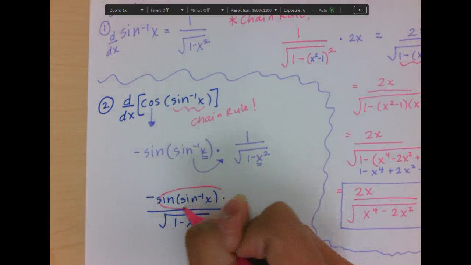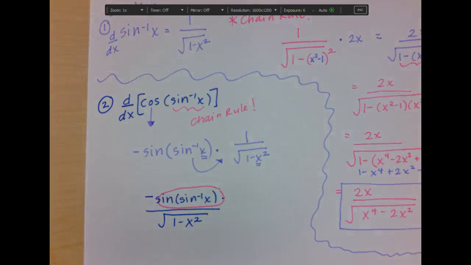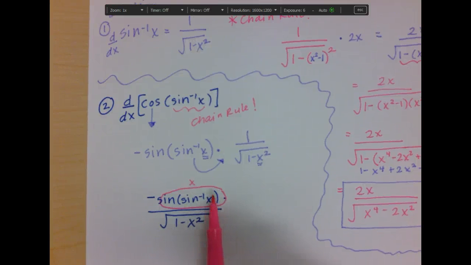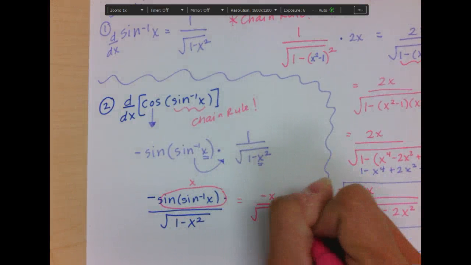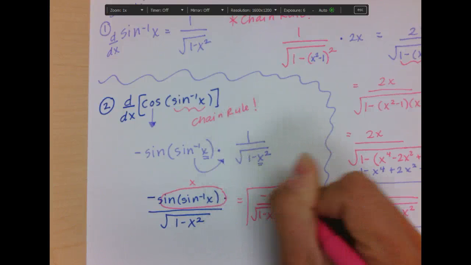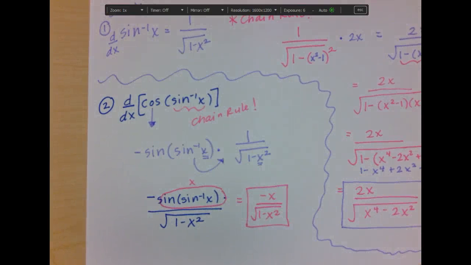When you take the sine of the inverse sine of x, the composition of two inverse functions, they completely undo each other, and therefore all of this just becomes x. In other words, if you take the inverse sine of x and then take the sine of that, you get that same x right back out. So negative x on the top, square root of 1 minus x squared on the bottom. And that is our solution to number